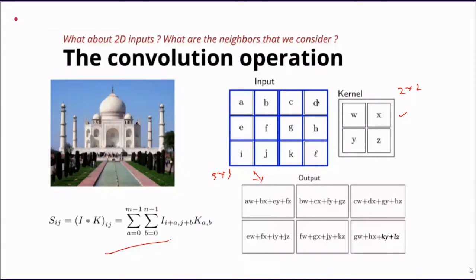Consider this as a grayscale image, even though it is a color image. In a grayscale image, you have only one channel.